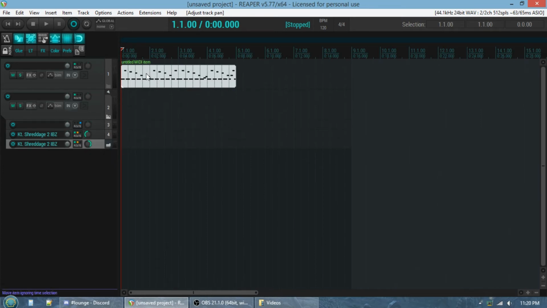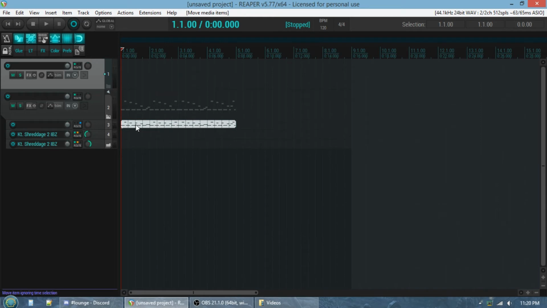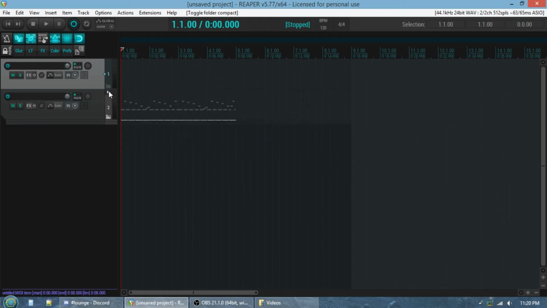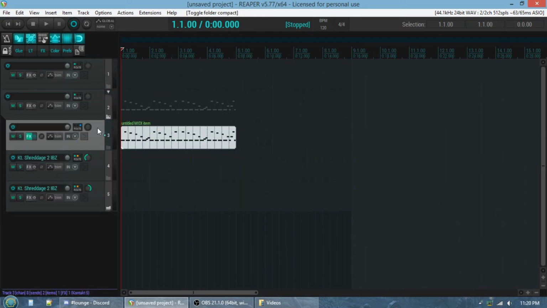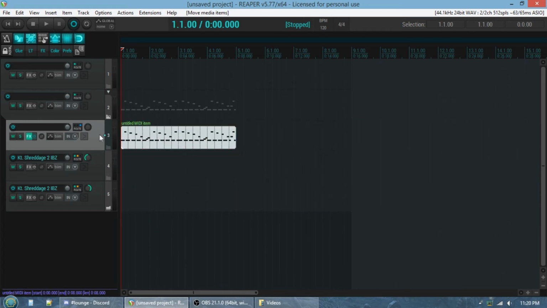So now, here's a riff that I just threw in for the sake of this tutorial. And you're going to want to throw it in here. Why? Because this is where Kontakt is. And you want to feed the MIDI to Kontakt. You don't want to feed it to these outputs, otherwise you're not going to get any sound. So when you feed it to Kontakt,